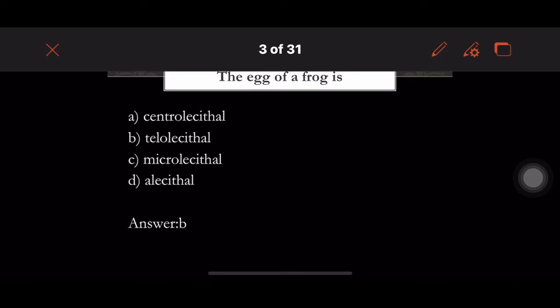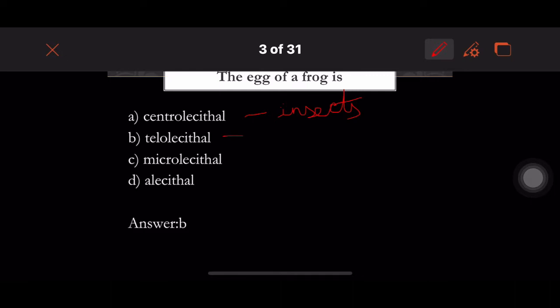Centrolecithal egg is actually found in insects, right? I have already made a video on the types of eggs, so you can go and watch the full video for a complete explanation with the diagrams. In centrolecithal eggs, the yolk is present in the center and cytoplasm is present only in the periphery as a thin layer, and a little bit of cytoplasm is also present around the nucleus as well, right? So the centrolecithal egg is found in